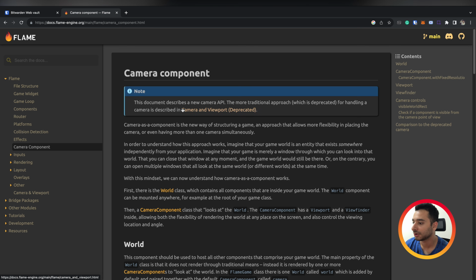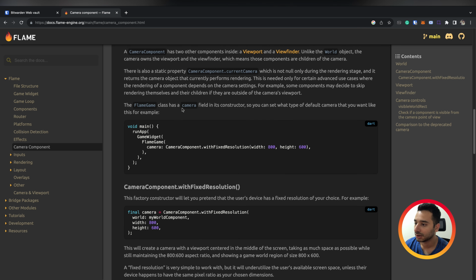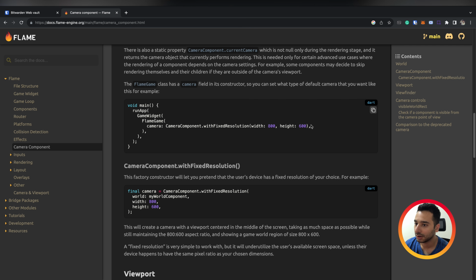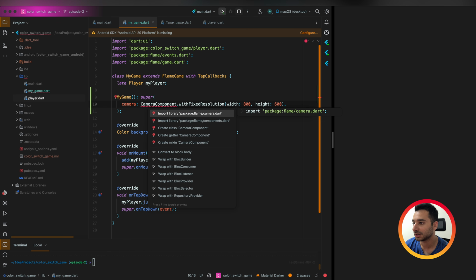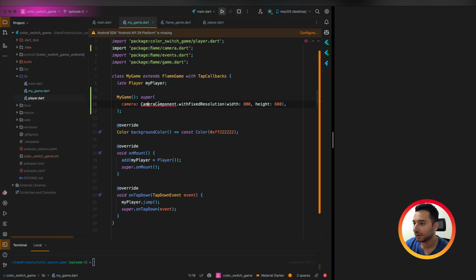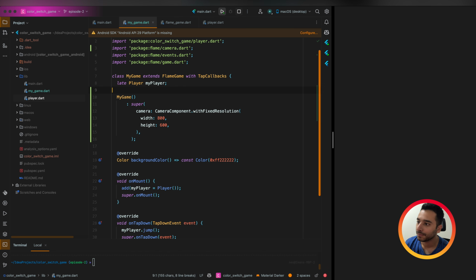Let me open the documentation. Camera component. Yes, we need this kind of camera with fixed resolution. I will let you know what it is. Okay, so this is a camera which has a fixed resolution.